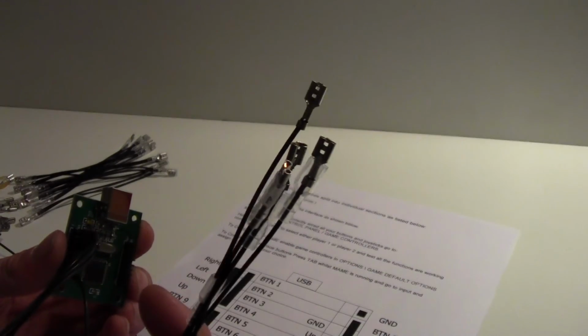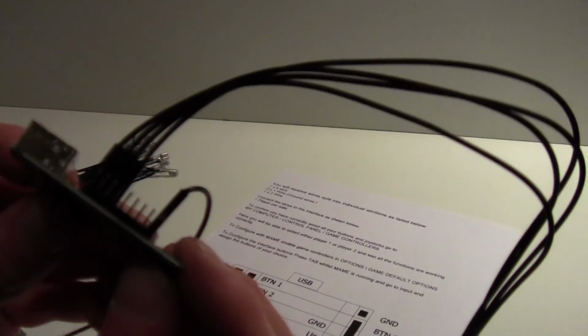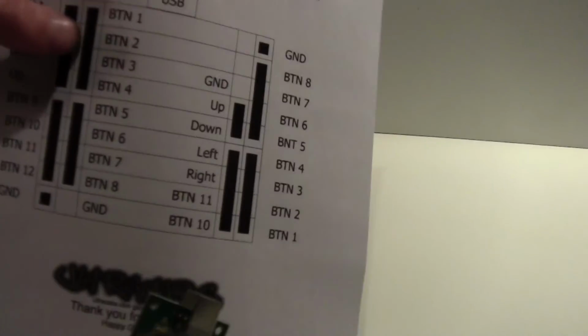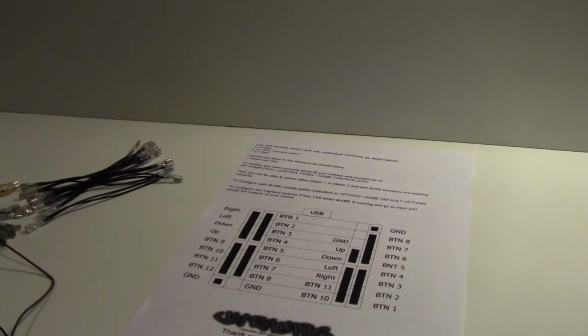Again, 4 connectors, and as you can see on there, we're now on the other side of the board. We're now doing this bit here, this section here, button 1, 2 and 3 and 4. So